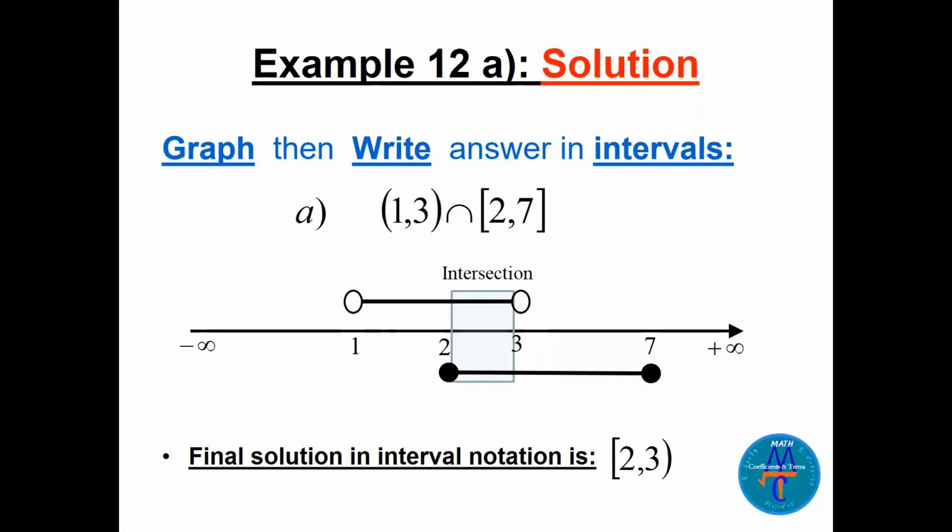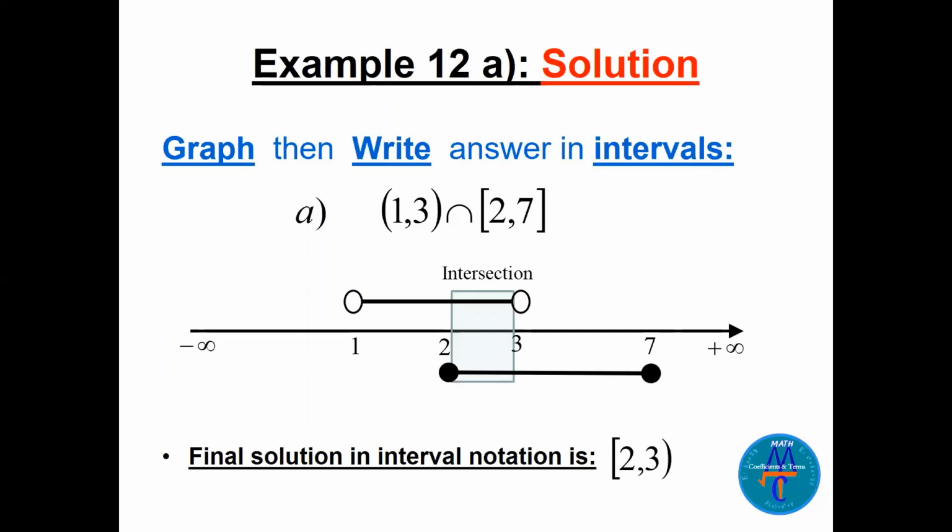Okay, leave it up above the number line so that you can see it easily. 2, 7 below the number line. This is only for drawing purposes. 2 to 7 closed at 2, so I put black dot. Close 7 and all the numbers between. Okay, so if you look at the intersection, so we start from 2, all the numbers 2, 2.1, 2.2, 2.3,